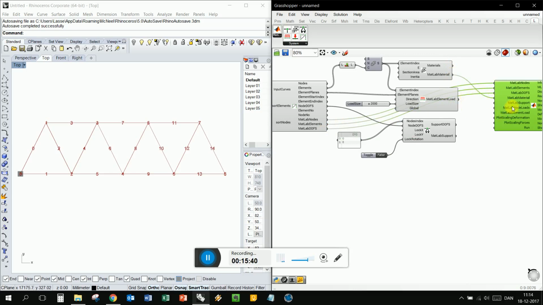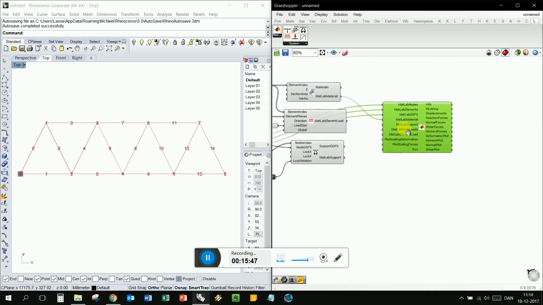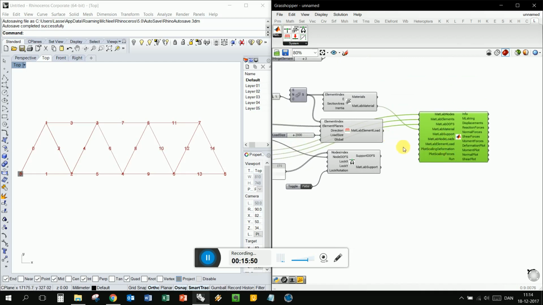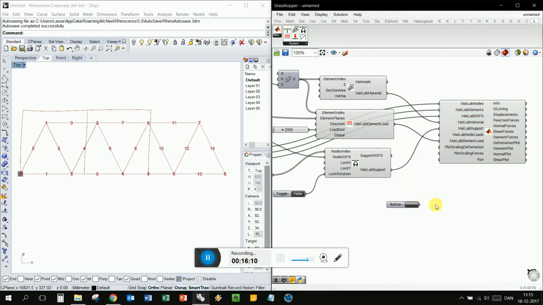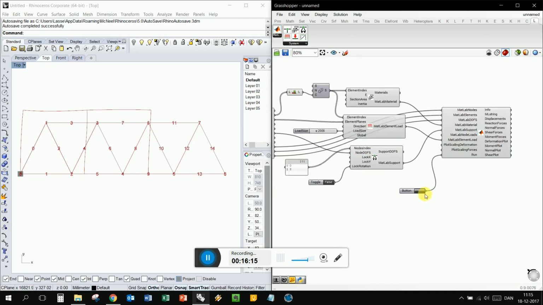Node load sets, if it's no node load, it by default sets it, as you can see, as an empty matrix. So we don't need to input anything to that. We can also put the MATLAB support up here. Now we can see it reads the output file for the old construction, but that we will update when we run the component. So when we run it,